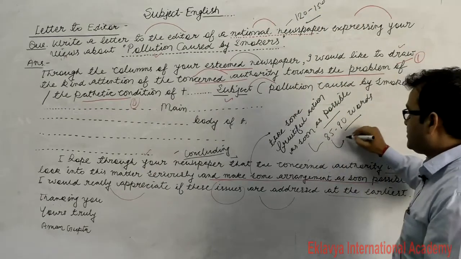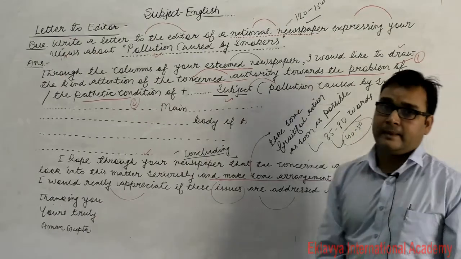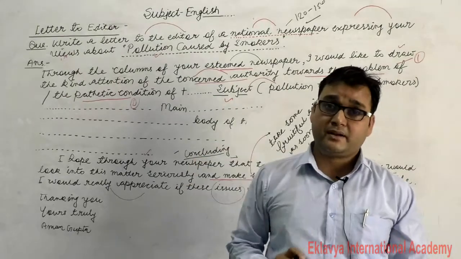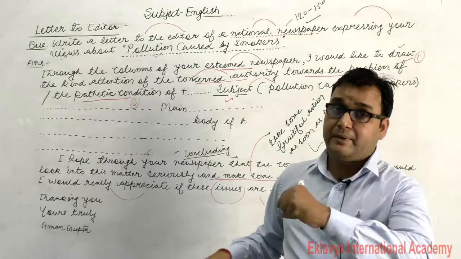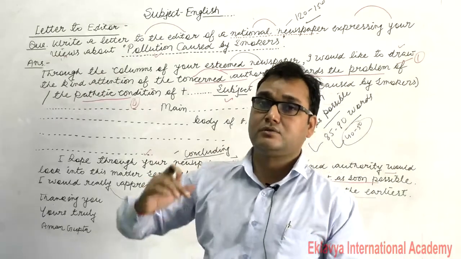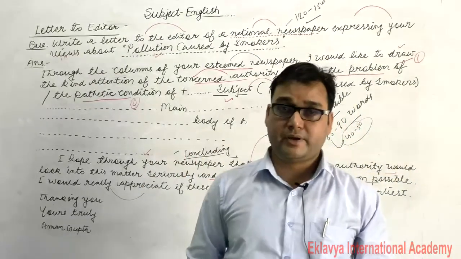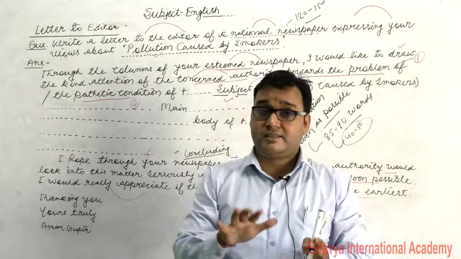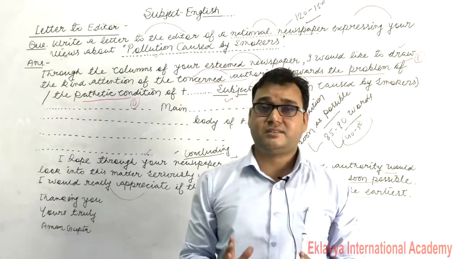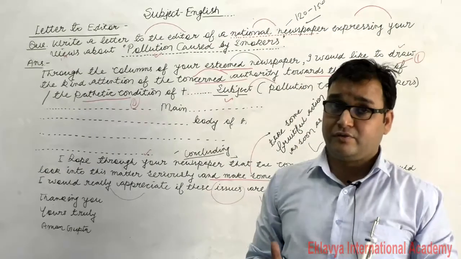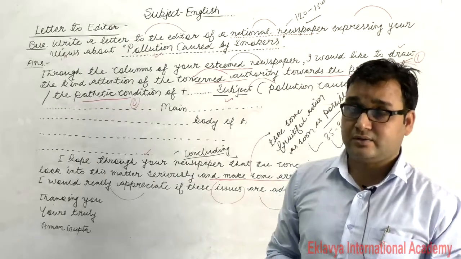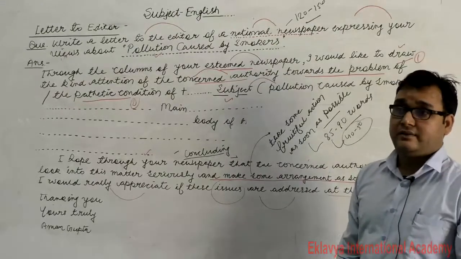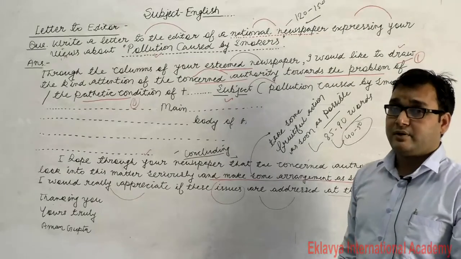It means you need to mention only 40 to 50 words between the introductory part and the concluding para, students. Okay, but just don't worry about it. I'll give you those 50 and 60 words, those 60 and 70 words of each and every letter in my notes, students. Okay, don't forget that. Just have the common lines for your board examination. It will help you a lot if the examiner would ask you a new question apart from your notes, students.